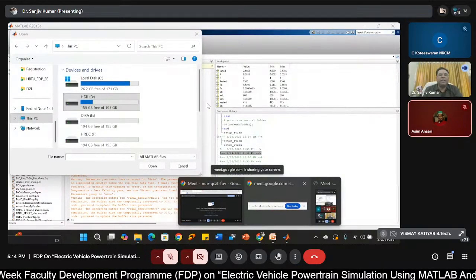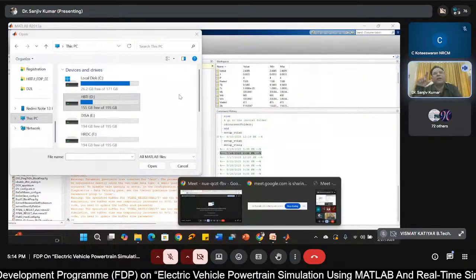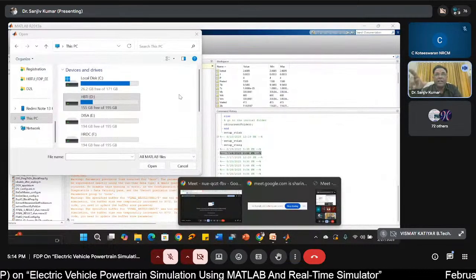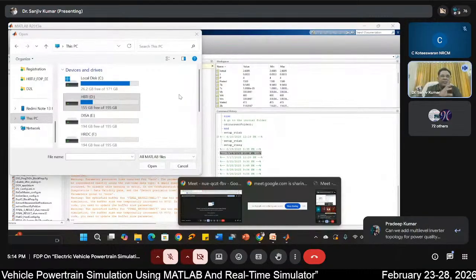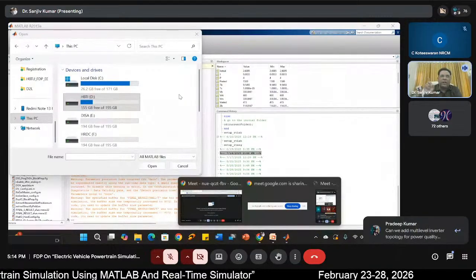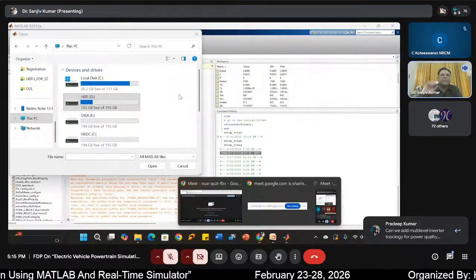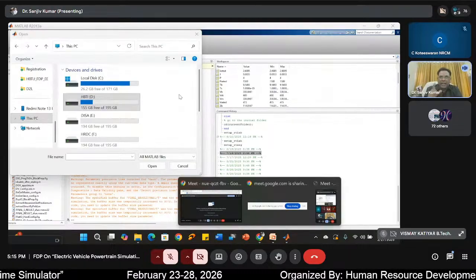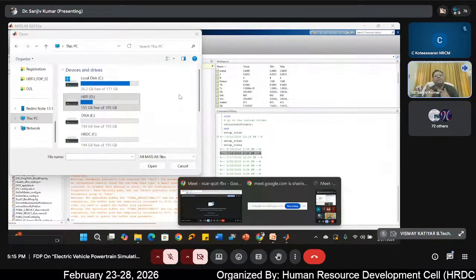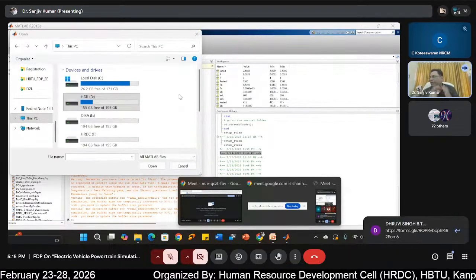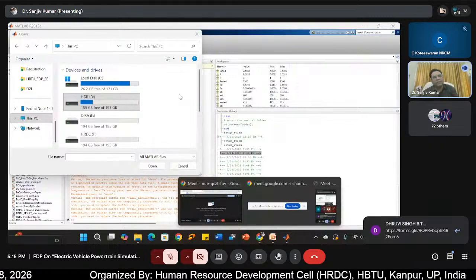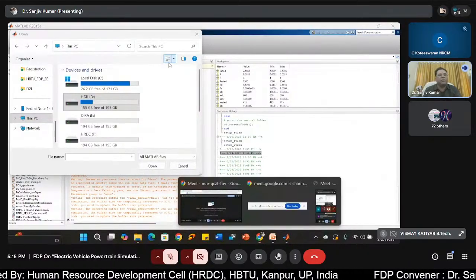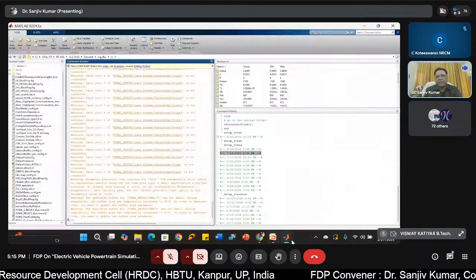See, this 40 hertz is for the three-level inverter, and the switching frequency is 1 kilohertz. When we go for a normal two-level inverter, the switching frequency is quite high, 5 kilohertz, 10 kilohertz. At the same time, if the switching frequency is high, you get higher switching losses, so the efficiency of the inverter goes down. We have used only 1 kilohertz. I'll show you in the simulation. Very good question. Just wait.